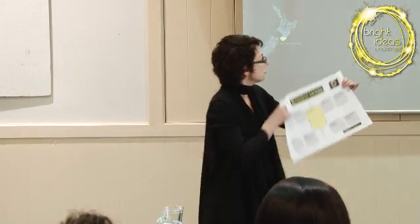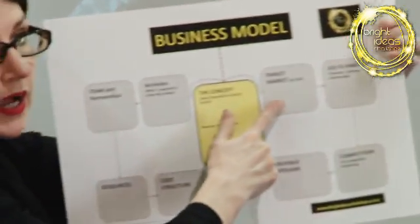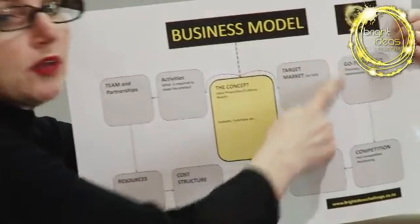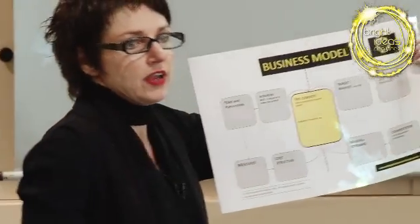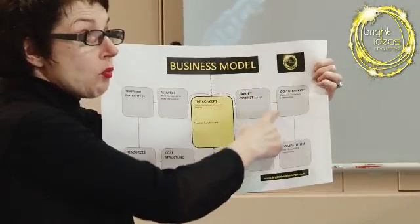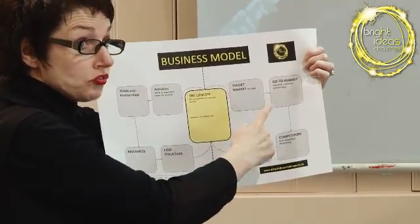Okay, so now we're doing this section of the business plan, the target market. The reason we're doing the target market before the concept is that it's really important that you think, firstly, what is the environment, what are the trends, and what are the opportunities that creates for me? But then secondly, that you think about who are the markets that are currently not served. Because it's